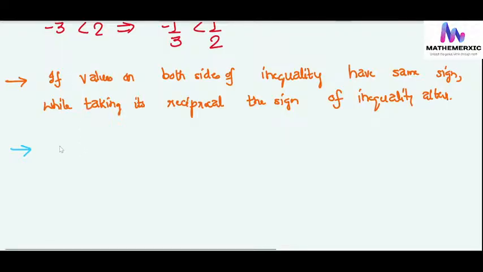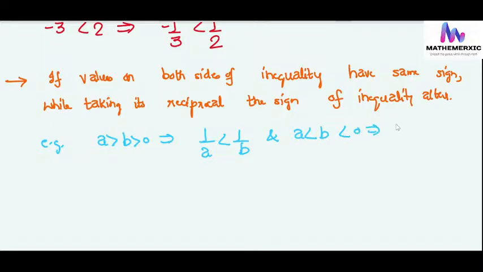So here we'll take an example. a greater than b greater than 0 implies that 1 by a is less than 1 by b, and a less than b less than 0 implies 1 by a is greater than 1 by b. Okay, so let us go to a different segment now, this part. Okay,